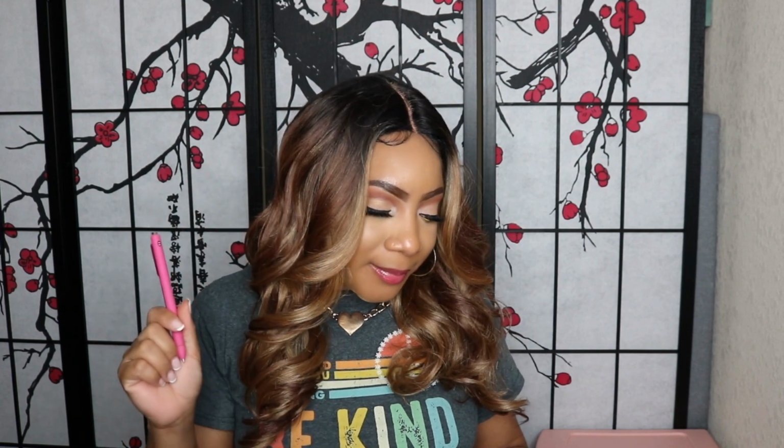Now that you have watched me install the Showstopper Freetress Equal Wig in the style Valentino, let's go ahead and talk about the specs of the wig. The wig has a 5-inch lace part. It has 3 combs, one on this side, one on this side, one in the back. It does come with adjustable straps, and the material is synthetic. But even though it is synthetic, it is heat safe up to 400 degrees. 400 degrees. So don't be saying synthetic wigs don't be giving you the business like human hair wigs, because baby,